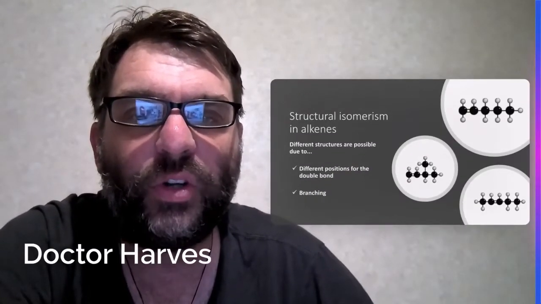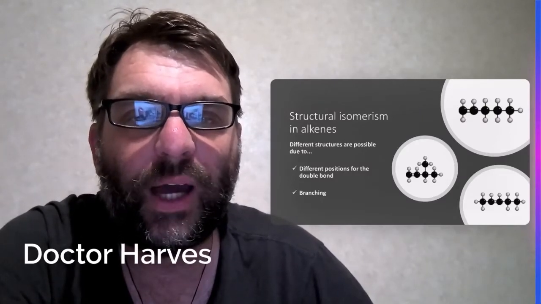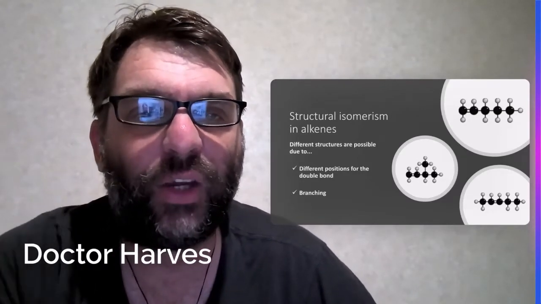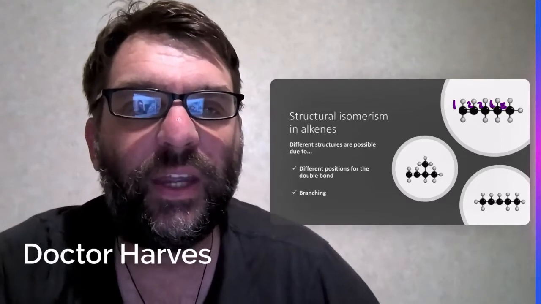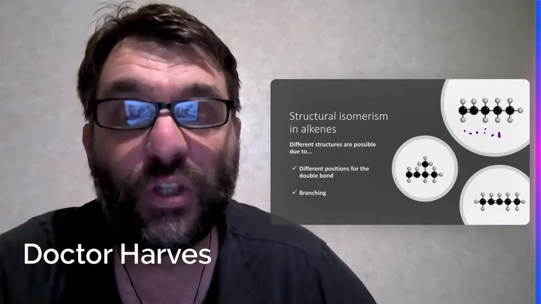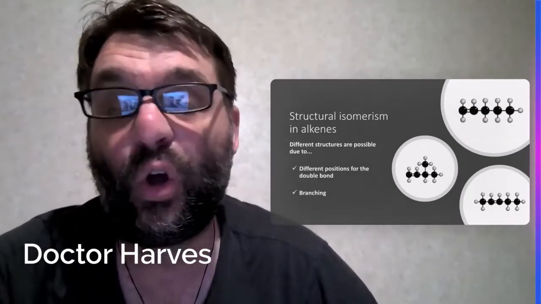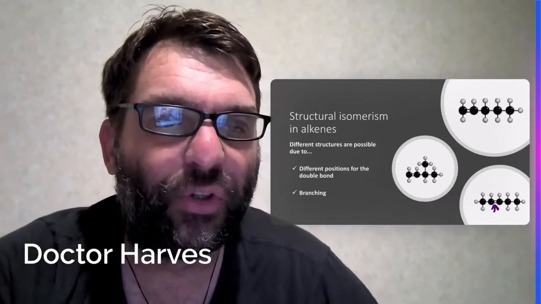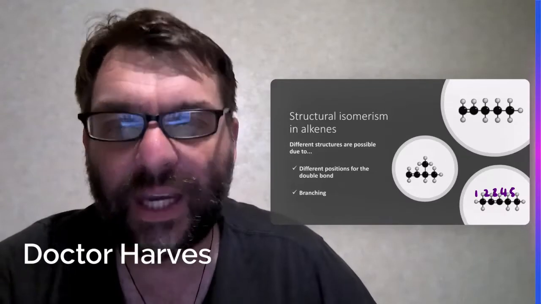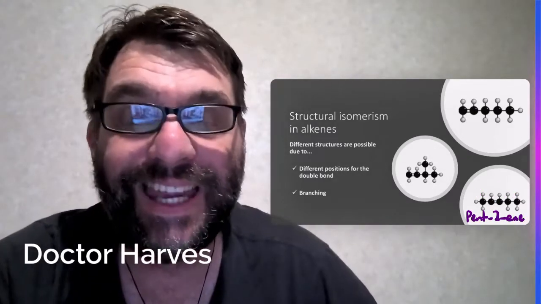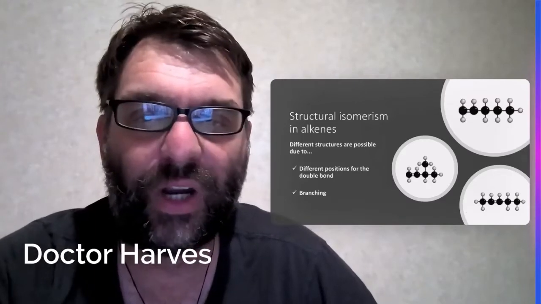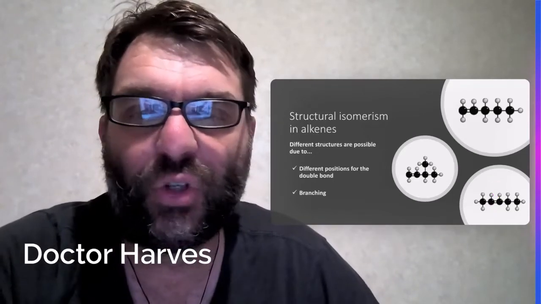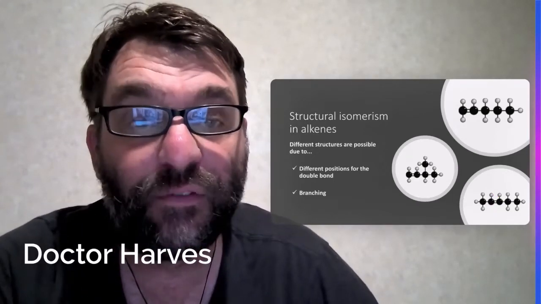In terms of structural isomerism, you can have different structures due to either different positions of the double bond, so the double bond can move, or in terms of branching. In the first example right at the top, the double bond is on the first carbon, so that's simply 1, 2, 3, 4, 5, longest chain, so it's pentene. Whereas you can see in the one directly below it that the second carbon now has the double bond, so it's still pentene, but it's pent-2-ene, illustrating that the second carbon now has the double bond. And then for the branching, as you see in the third example on the left,